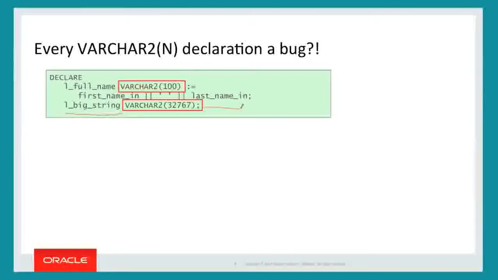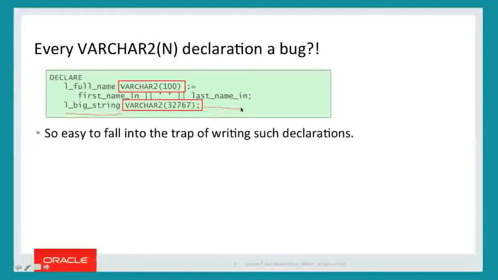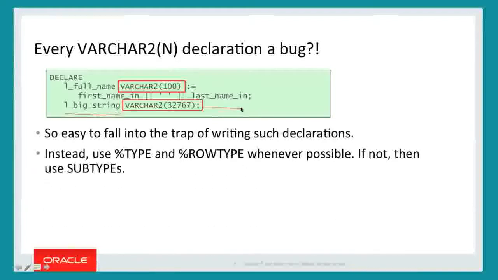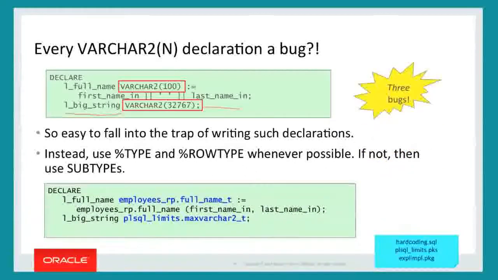Now, my suggestion is that whenever you're talking to a developer or you're listening to yourself talk and you hear the word never or the word always, you should ask yourself, am I putting a bug in my code right now? Because as soon as you're saying that, you're most likely falling into the trap of thinking that things aren't going to change, and they do change. And by the way, the third bug in this piece of code is the hard coding of my formula, first space last, as the full name.